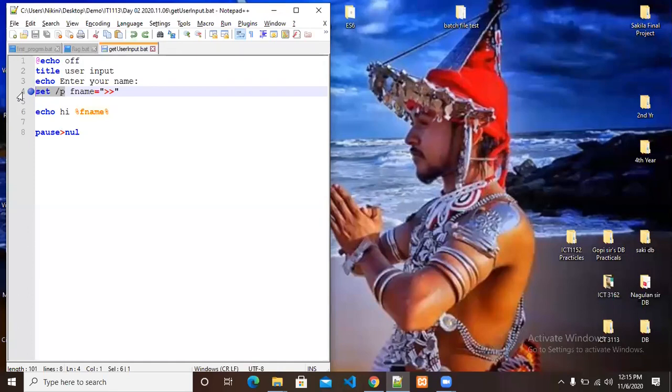It allows you to set the value of a variable to a line of input, which means here you are going to allow the user to use the typing area, and whatever the user types in that typing area will be caught by f name. The command is going to say you have to catch this, this is the set dash p. Are we clear now?